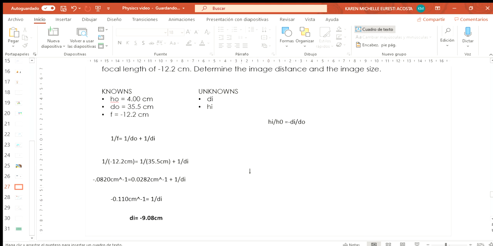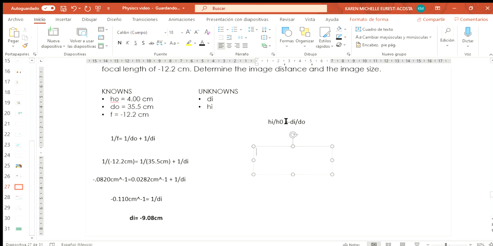We replace the values, and while we do that, we pass this h to this side, so we can get hi is equal to